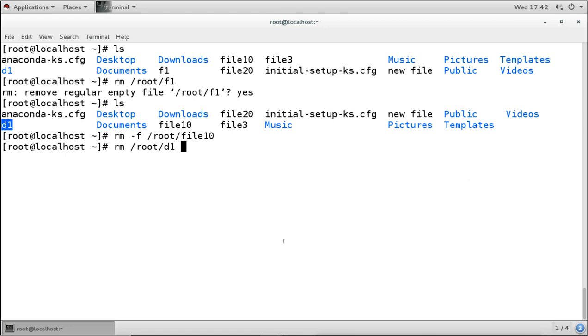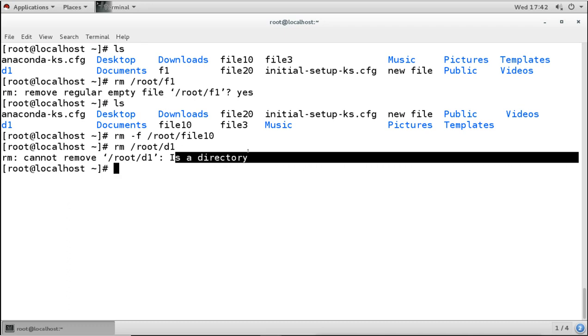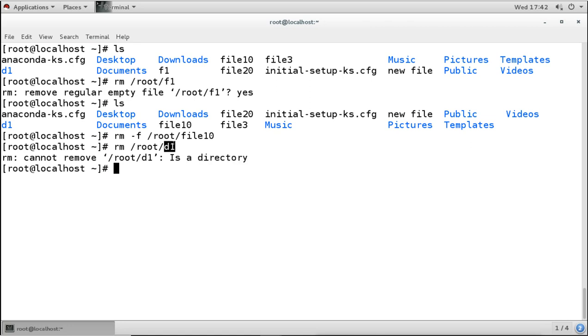Now when I run this, what does it say? It says it cannot remove. Why? Because it is a directory. Now again, just like for the copy command, it says I can't remove this directory because maybe it contains a file. Right now it is not having any file. We can check this. It is not having any file, but still it says that maybe it can have a file.